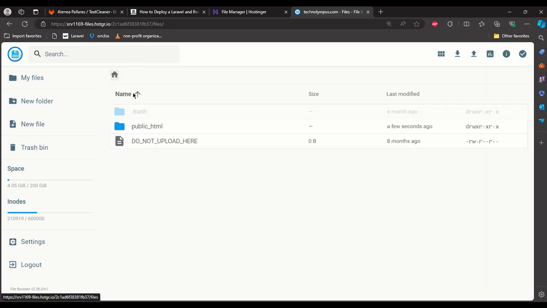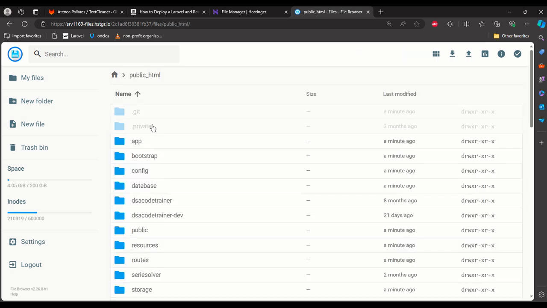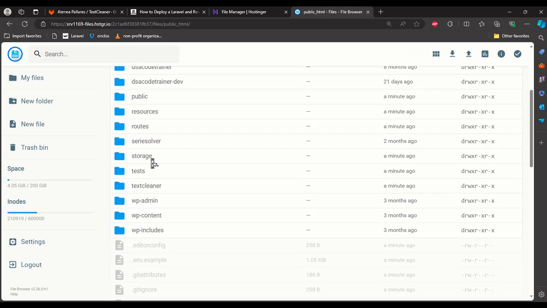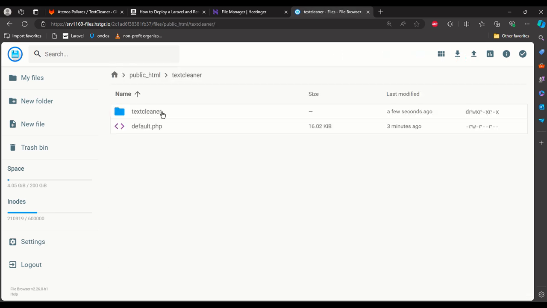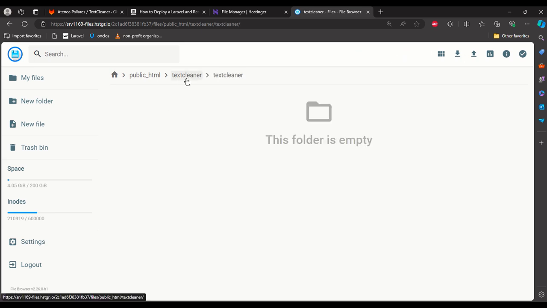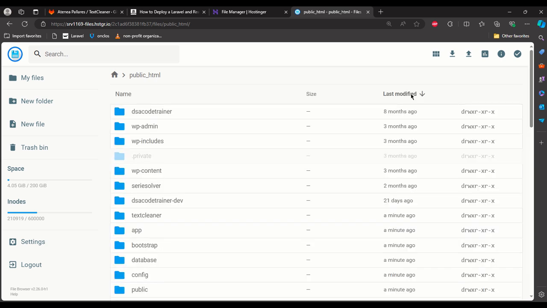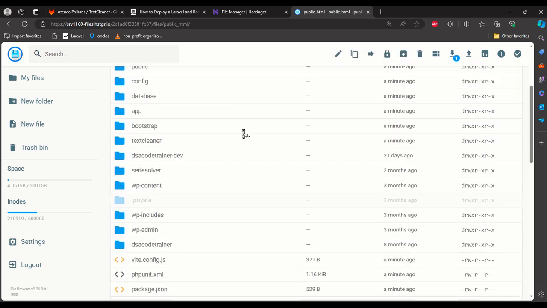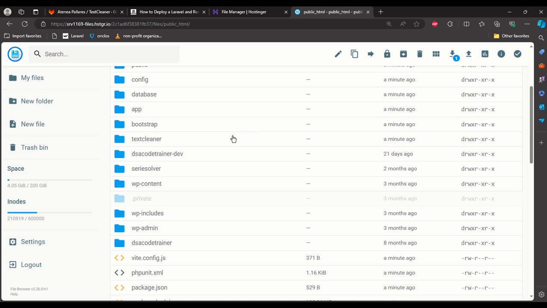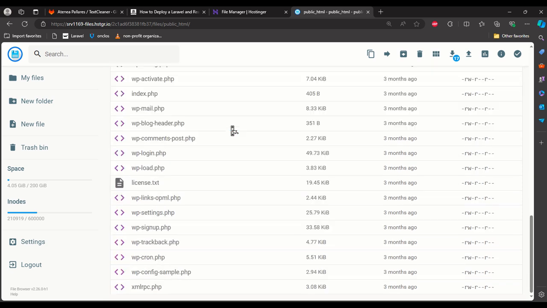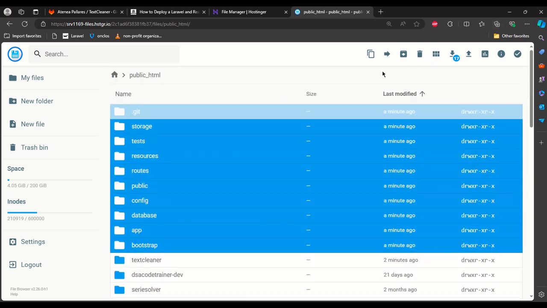So let me check. Okay, I moved it to the root, so let me move again.